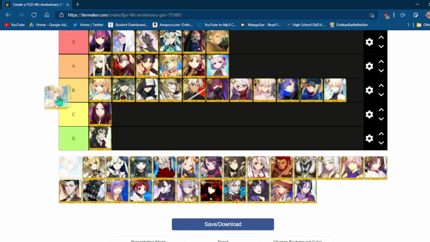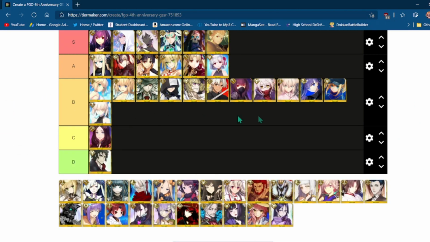Something else I want to put in here is Squirtoria. She's in the same position as John, where she's good now, but once Scotty comes out, or not Scotty, once Caster Artoria comes out, she's going to be a god. The only thing, though, is that if you've been playing for a decent amount of time, you probably have Chloe. And, you know, if you have Chloe, I'm not going to say that it invalidates Archer Artoria, but I'm going